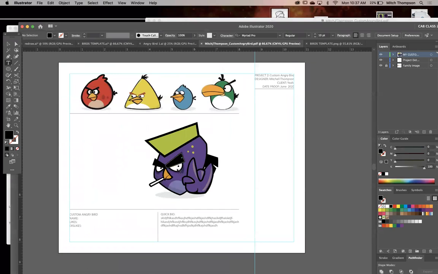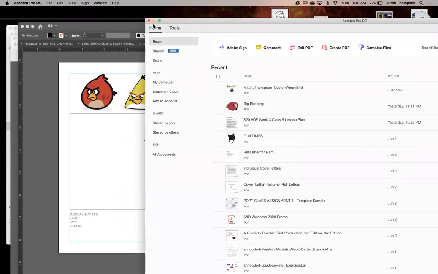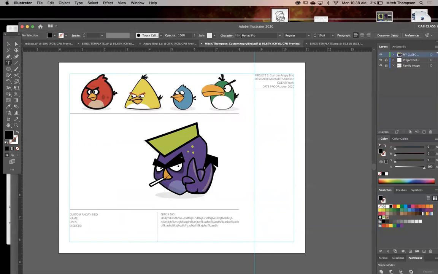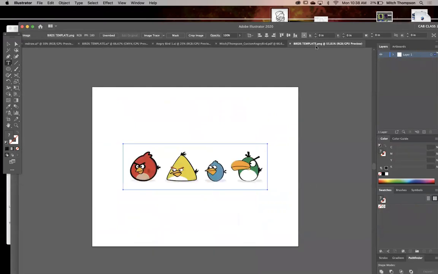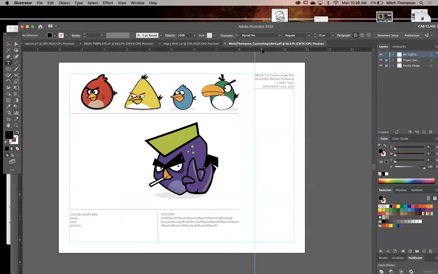So I'm going to end it there. We now have our final saved. I've placed mine. You guys will fill this info in when you're all done. We'll come back, maybe spend an hour. We can do the Angry Bird logo together because I think that would be fun. And then the next step for you guys is to utilize this at the very end. So hopefully that worked for everybody. I might lock down my project. Actually, yeah, lock that down. Let's Command S. That's saving it there as my final. And I know that I saved an AI version of it as well. So now I can close this all down, and then we can come back to this next week.